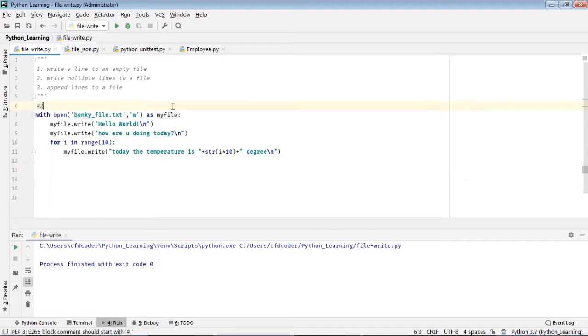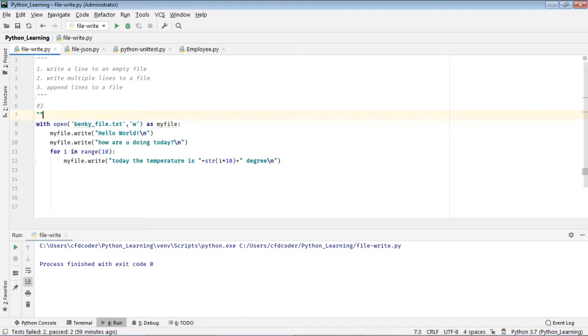Okay. So how to append a line to a file? Sometimes I want to append some stuff. The file is already there. So what I'm gonna do, say okay,